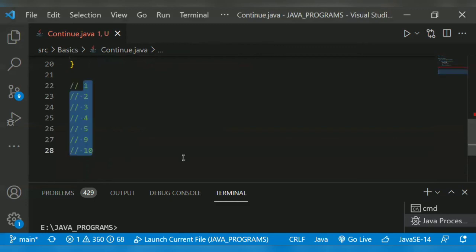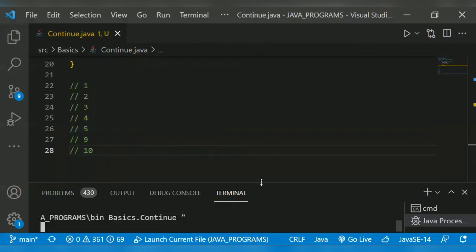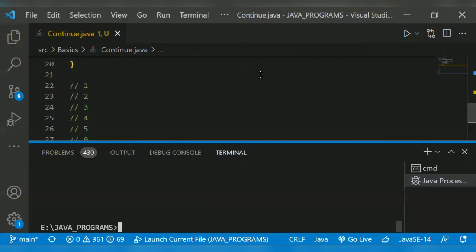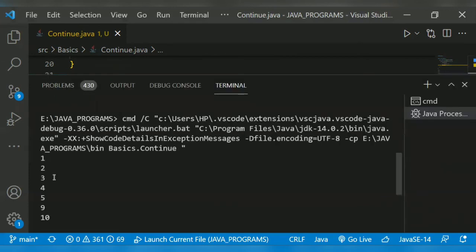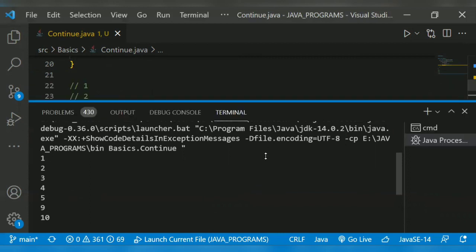Shall we run the program? So it will be the same: 1, 2, 3, 4, 5, 6, 7 and 8 are skipped due to the continue statement, then 9, 10. Yeah, that's how the continue statement works in Java programming.